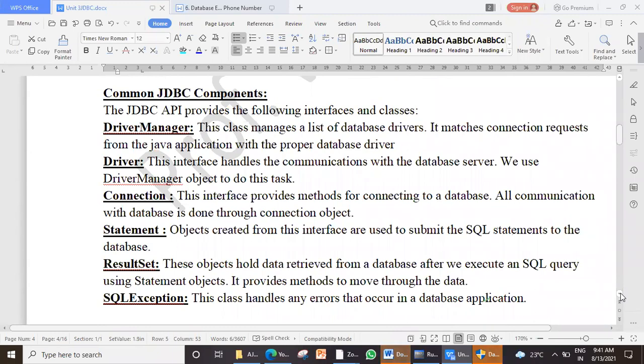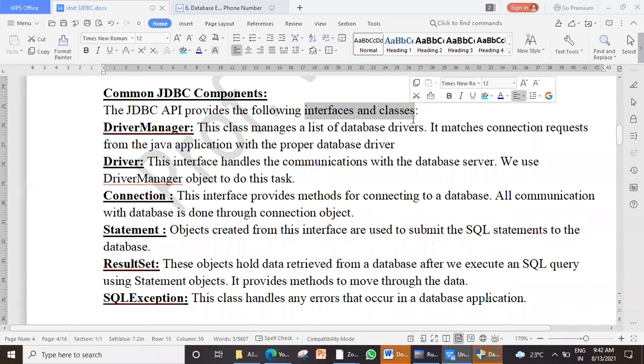Now this is important. Your JDBC components. What is the first component? Driver manager. This class, you are using this practically, yeah? So I'm covering this, which is the first class. There are various interfaces and classes in this.